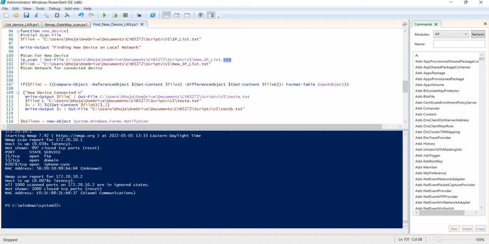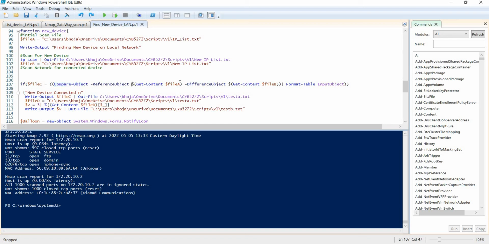There's one interesting command in PowerShell, Compare-Object. In other programming languages, if we want to compare two different files, we have to create an array, get all the data into the array, then create another array for the other file, and that would be so hard. But in PowerShell, we don't need to create any array and everything. Just using the Compare-Object function,